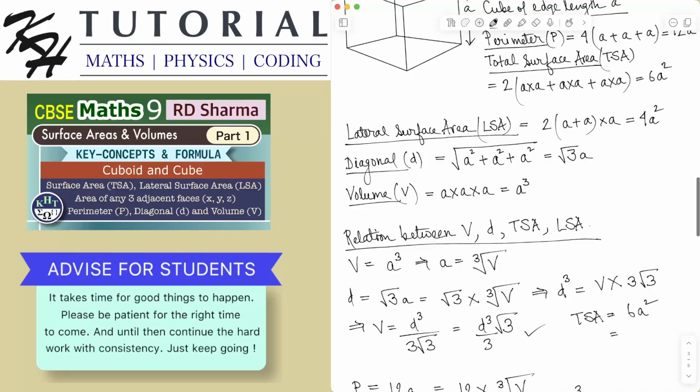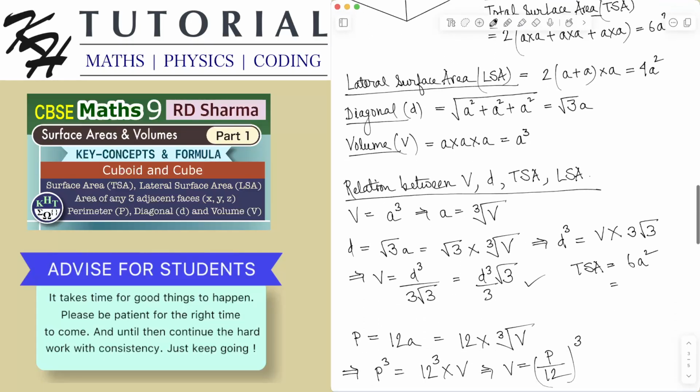A we know is P by 12, because P is 12A. So this is 6 multiplied by P by 12 square, and this will be P square by